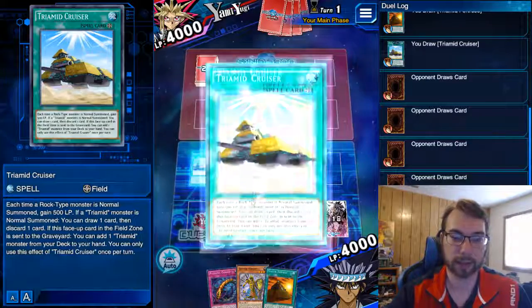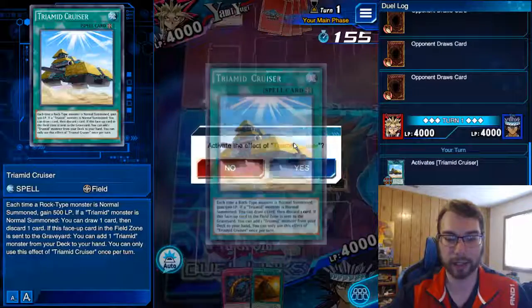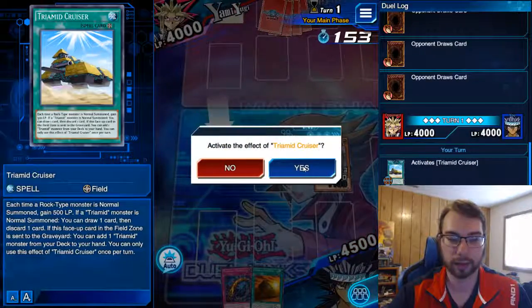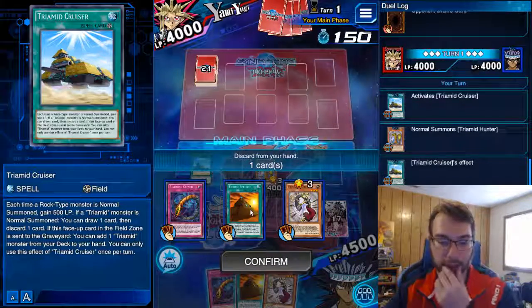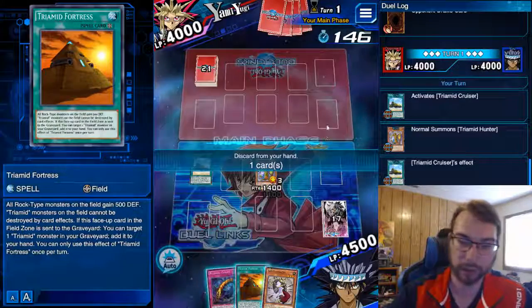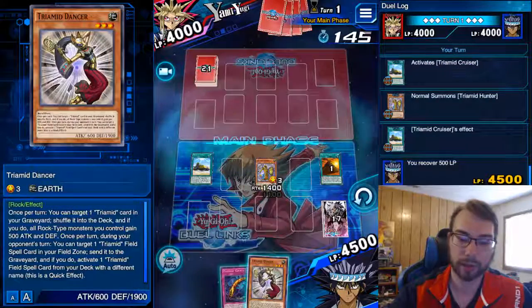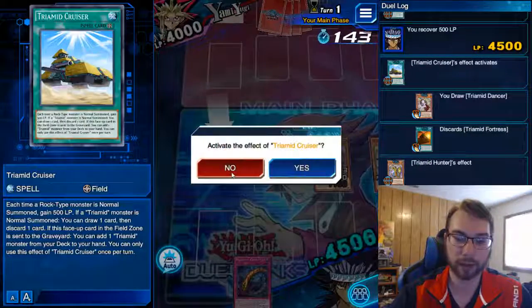We'll play this. Summon. We'll gain life points, and I think I want to do it. Alright, we get the master. Nice. Or the... Yeah, I think we'll do the... Send the fortress away. Normal summon our dancer. And then we'll grab our...